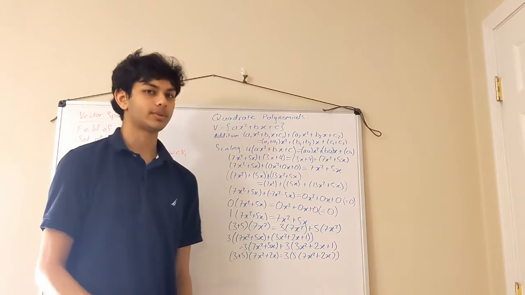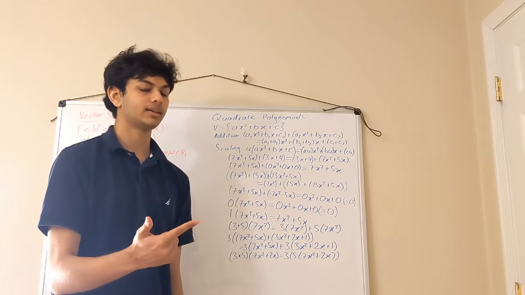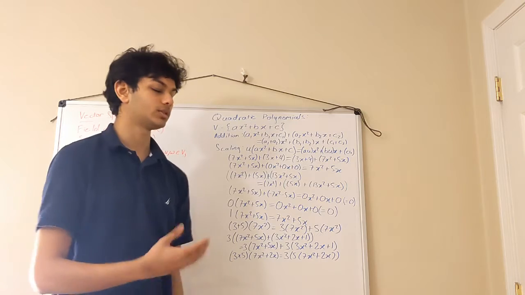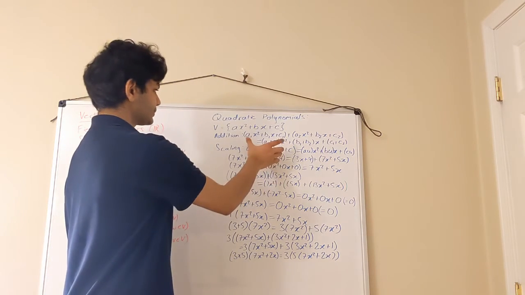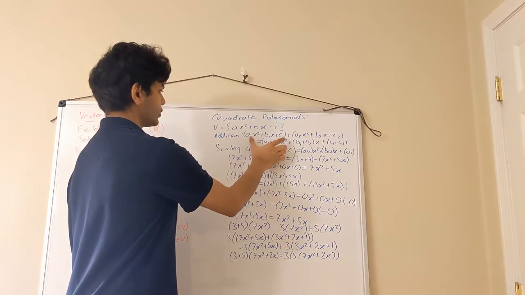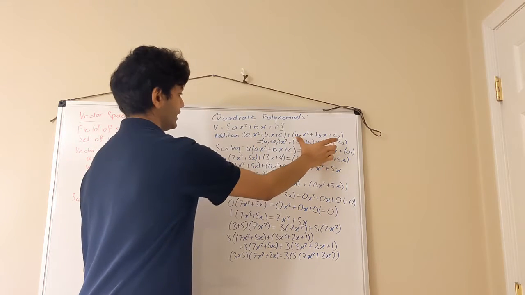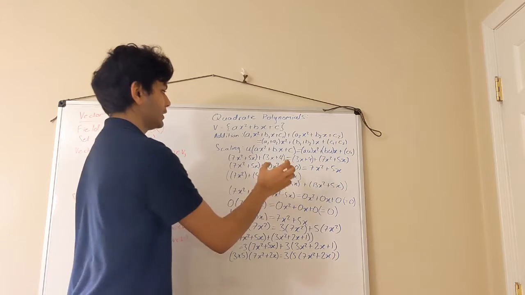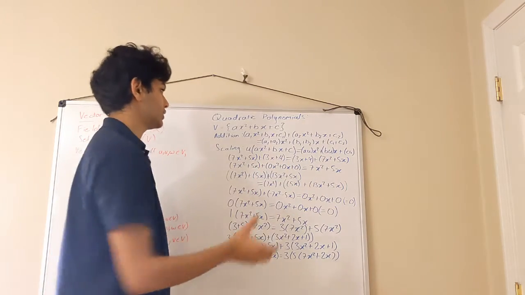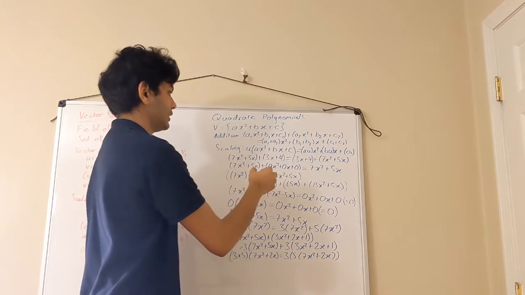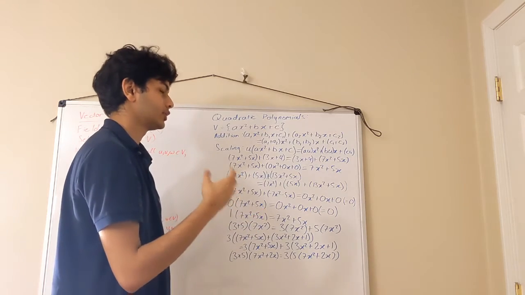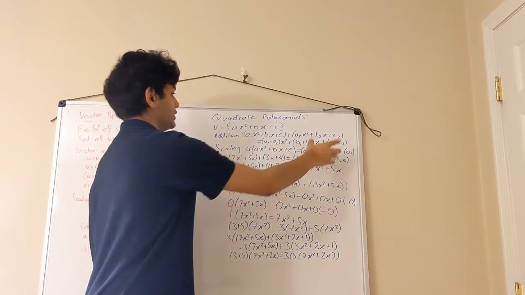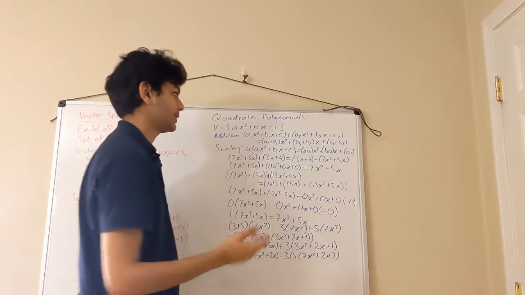So what do you need for a vector space? You need vector addition, and then you need scaling by your field of scalars, which is the real numbers. So here you have one vector a1 x squared plus b1 x plus c1, and then you have another vector a2 x squared plus b2 x plus c2. And if you add them together, it's just component-wise addition. You add together the x squared coefficients, plus the x coefficients, plus the c coefficients, multiplied by x squared, x,